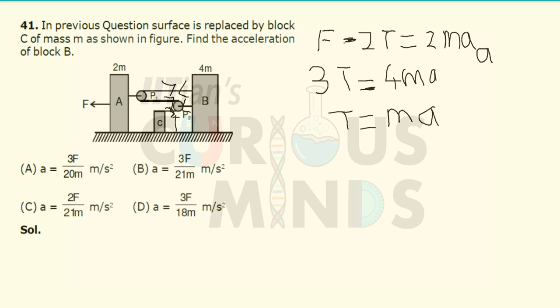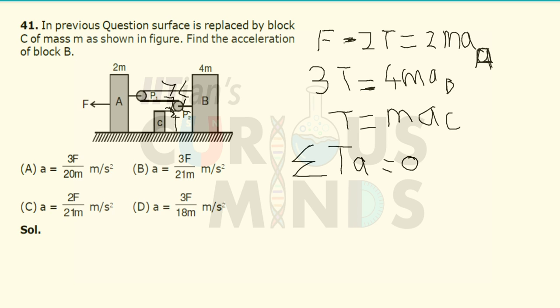This is for block A, so I will write it as aA, this as aB, and this as aC. Now I will again use the same fundamental, that is the constraint motion, but over here I have to consider the direction. If you consider the previous question, I have not considered the directions because over there only two blocks were present. So even if you do not consider the direction, the answer will come out to be somewhat the same. So now over here I have to consider the direction, that is summation of T into a will be equal to 0.